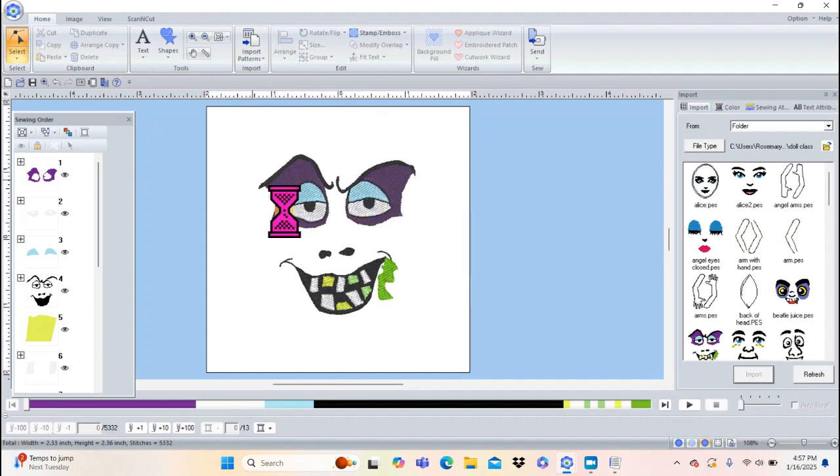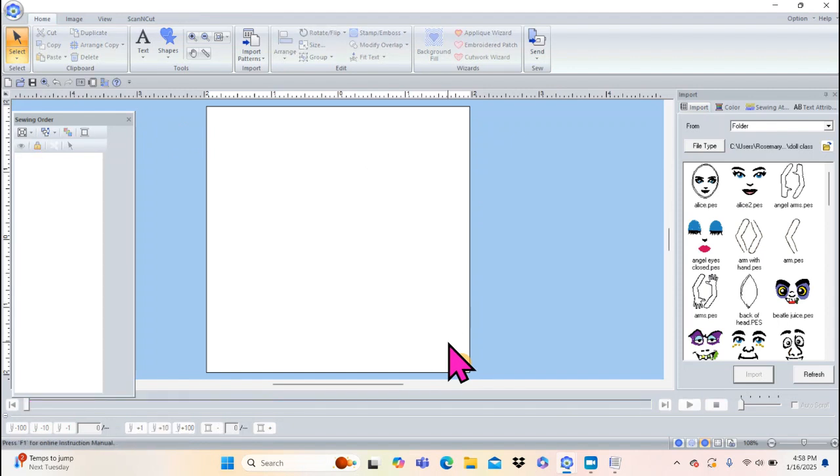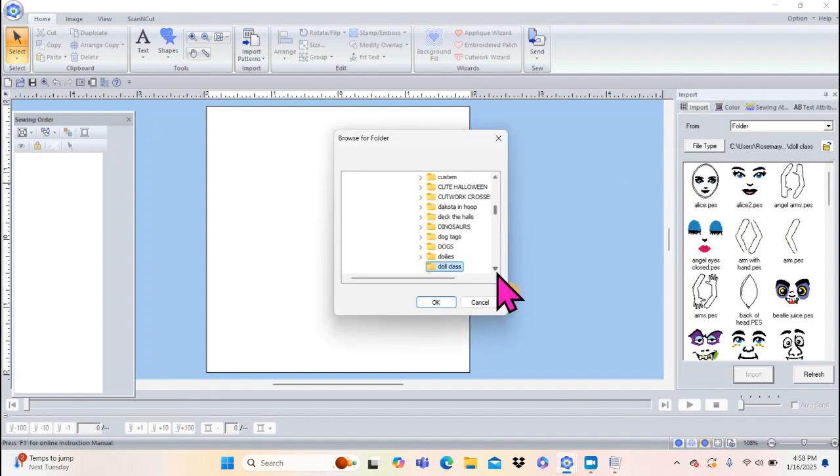So that's my design. And I am going to select this and hit delete. So I'm hitting the delete on my keyboard, just so you know. So now what I want to do is I want to go in here and select this right here. And I'm going to go down and I'm going to find something else. So I have some other designs in here. And I'm looking for one that, let's see,